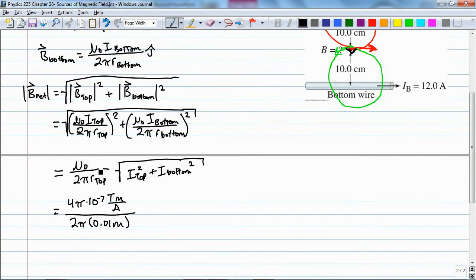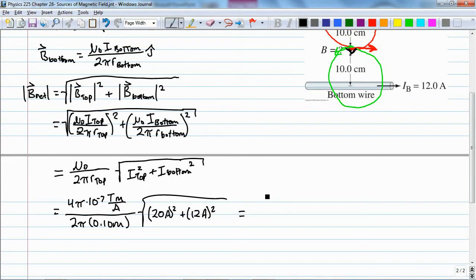Or no, that's 1 centimeter, and we're doing 10 centimeters, so it's 0.1. Times the square root of 20 amps squared plus 12 amps squared. And I calculate that out, and I get